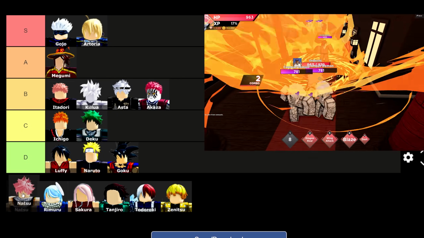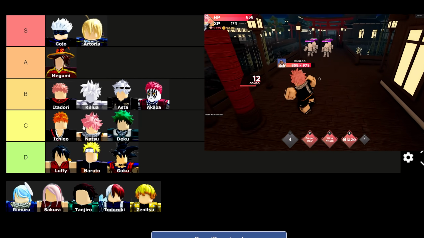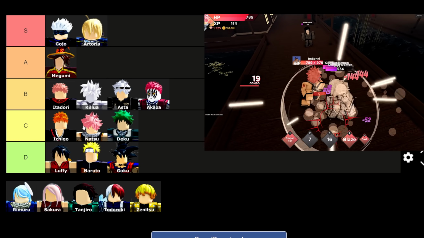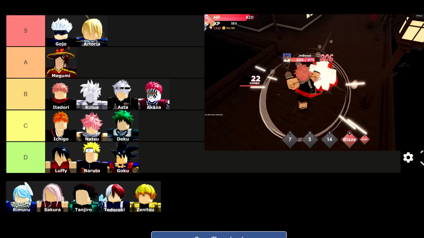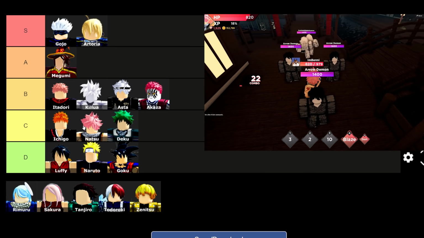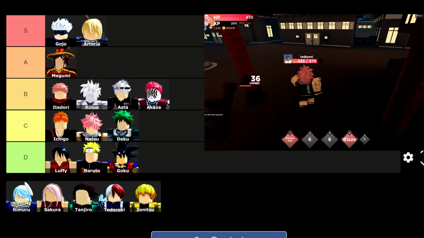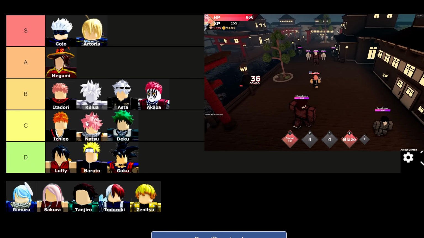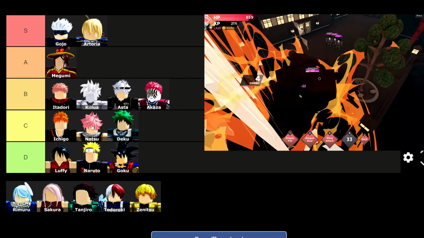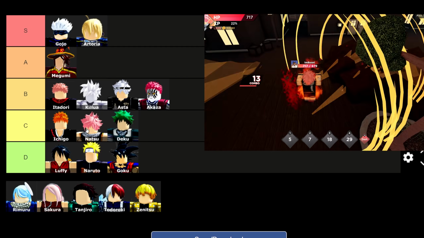Next up is Natsu. Natsu is probably a C tier, I would say, a solid C tier. His first move, I think, goes through everything. It penetrates any NPC. So if it hits an NPC in front of you, it goes through him and hits the NPCs behind him. So the first move is pretty good if you make a line and train mobs around you, they'll most likely die. But it's very slow,